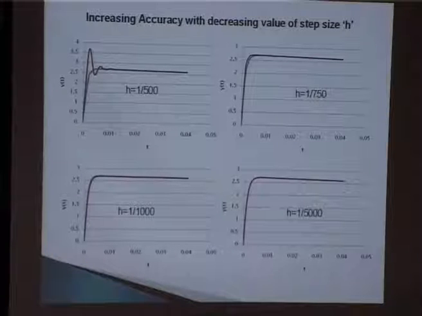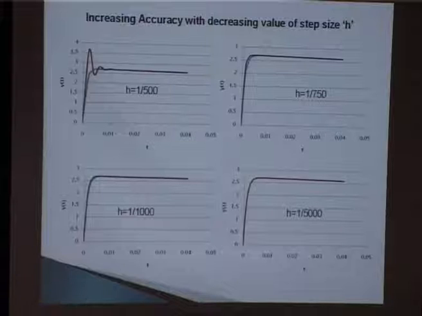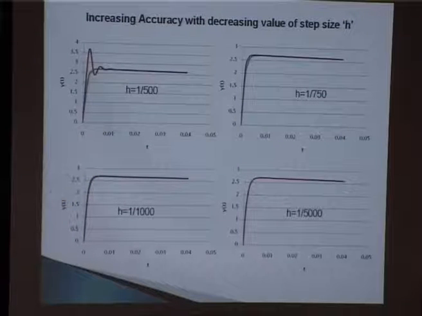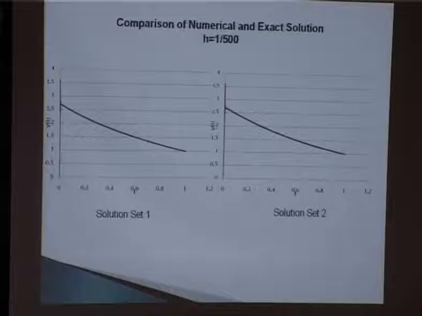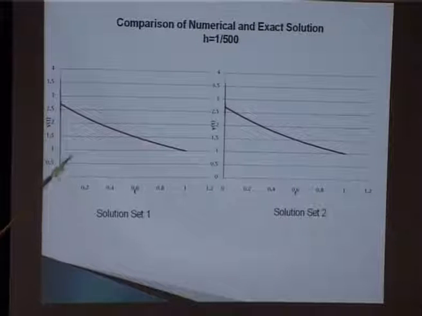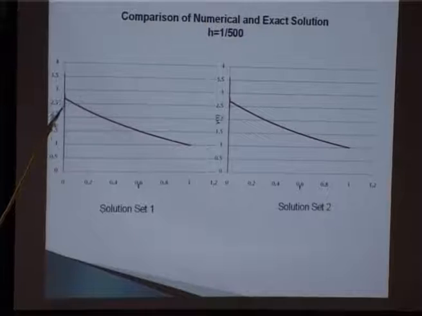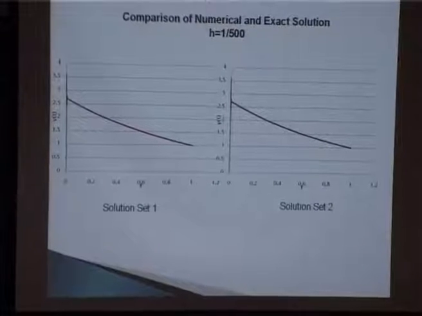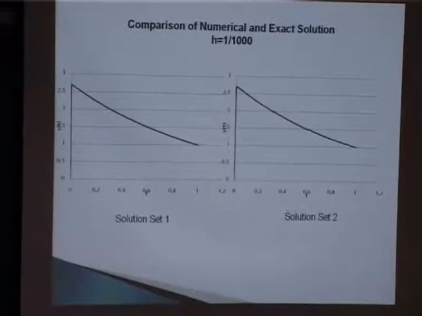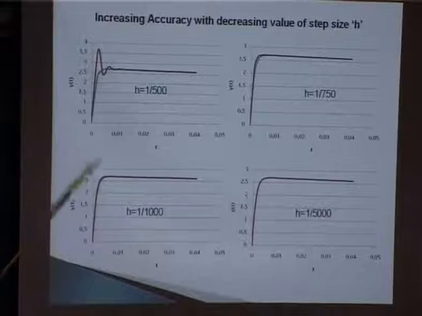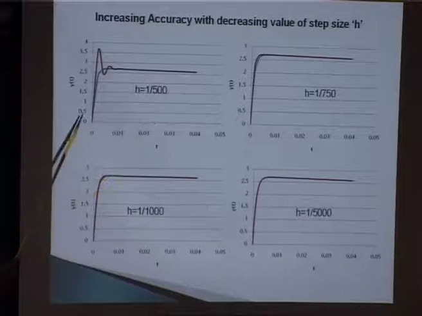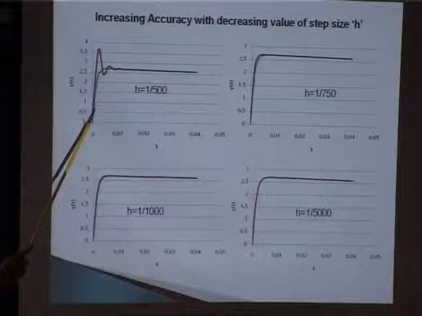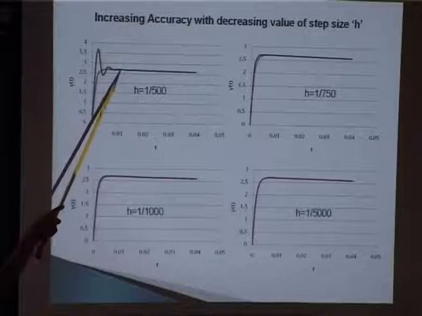Now, since both the solution sets are almost identical, we take one of them and show the magnified view. This previous slide was a region of consideration where we were showing some kind of wiggling. So now we'll magnify that. In this, the value of h is 500 inverse, and blue is the exact solution. The red one is the numerical solution. So this is the kind of oscillation we get.